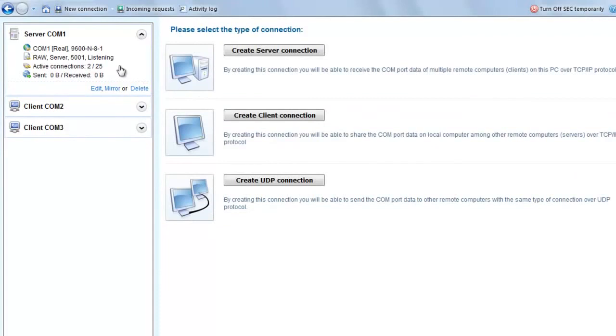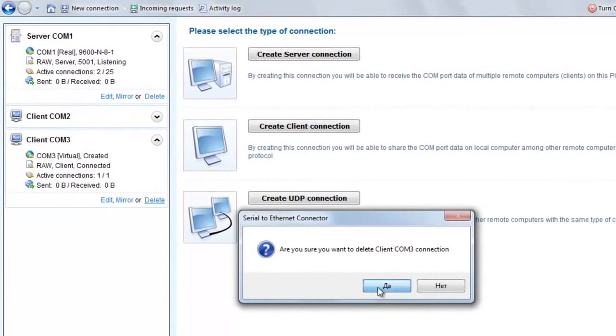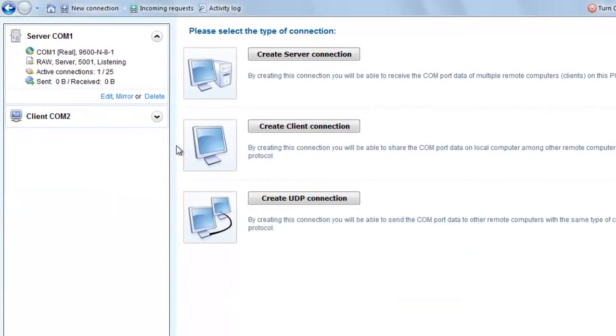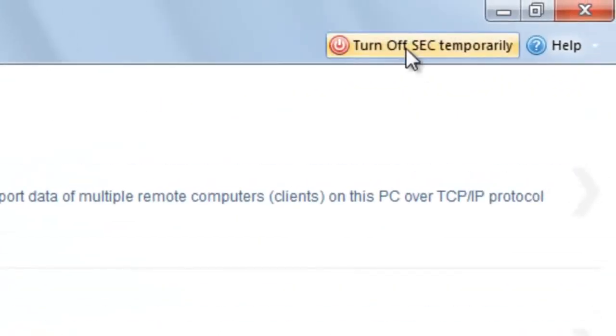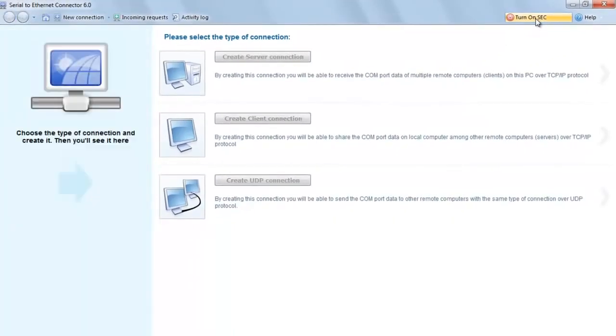To delete one of the connections, simply select it and click Delete. If it's necessary for your work, you can temporarily disable created connections without deleting them. Just click Turn off SEC temporarily in